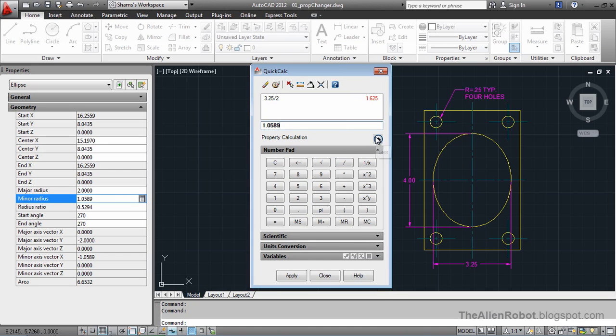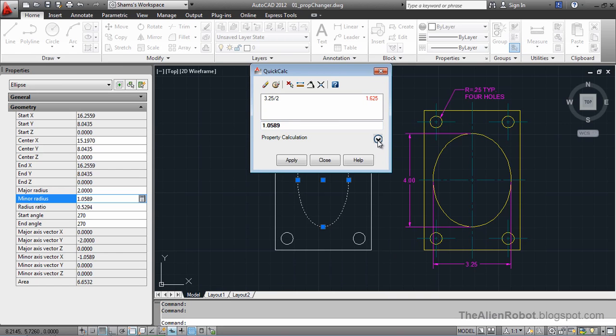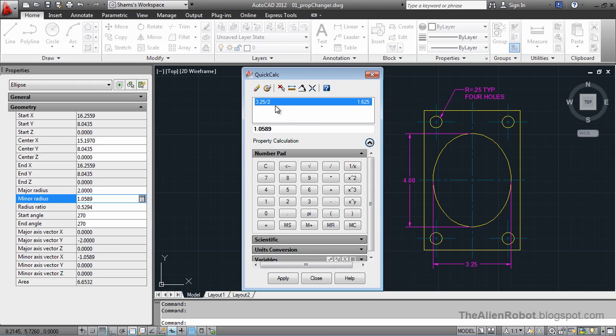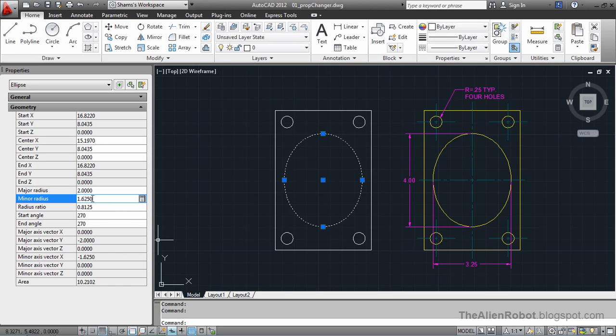Now sometimes the calculator comes in a collapsed view. You can click on this more button and you get the more options. Here I type 3.25 divided by 2 is equal to 1.625. I'm going to click apply, and it applies it to my geometry, and everything is very nicely done, and all the